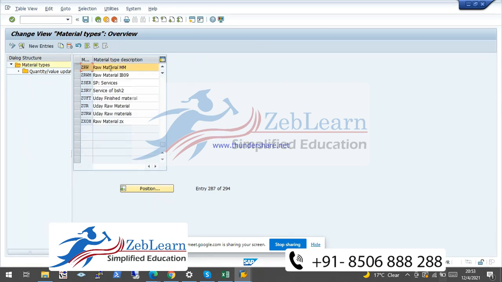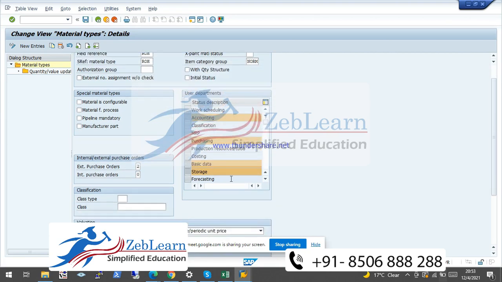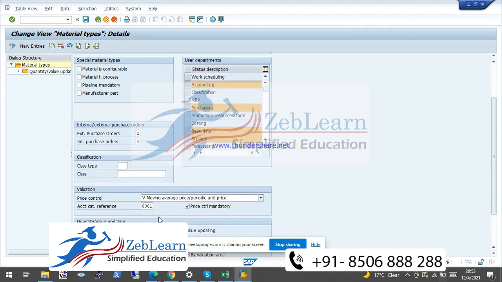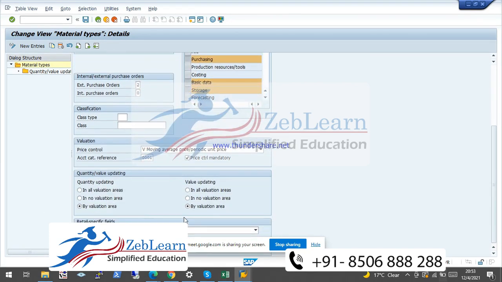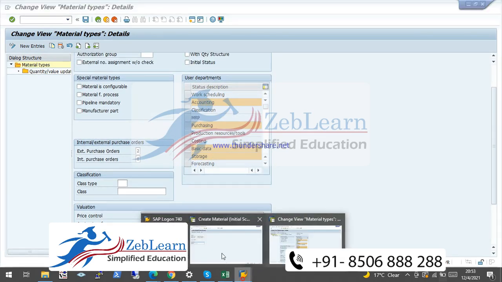Okay, here you can select this material type and go to this button called detail and click on detail. Here the field reference, like the different fields available in this screen, and I already told you about these different fields in the previous session. Now how can we control this screen?